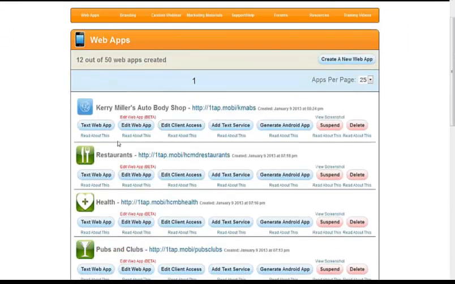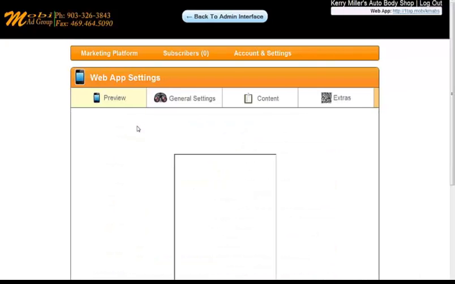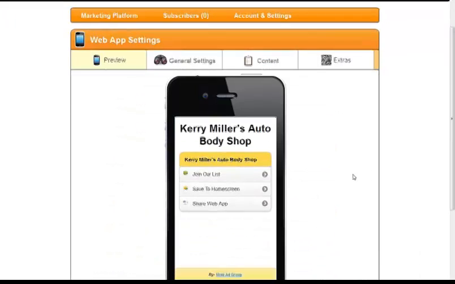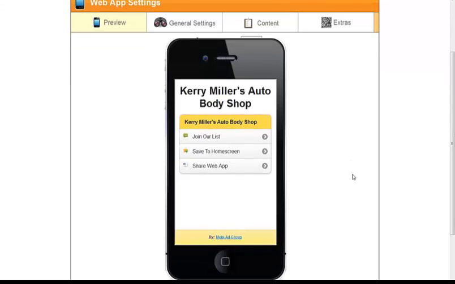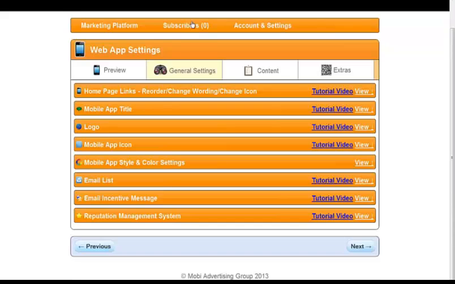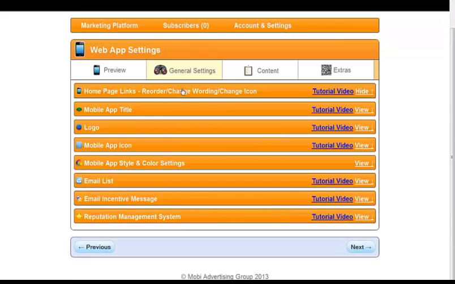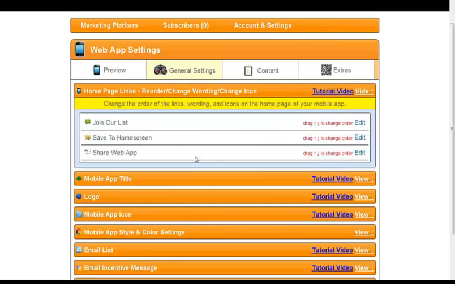Now, let's go in here and edit the web app. This is where we're going to start building the web app. Go into General Settings, Homepage Links. Now, we don't really have anything here yet, so after we build this, I'm going to show you